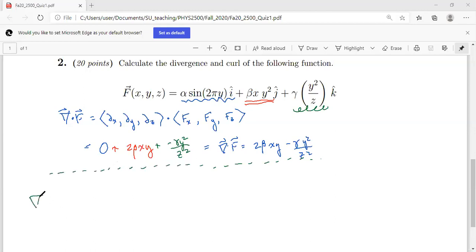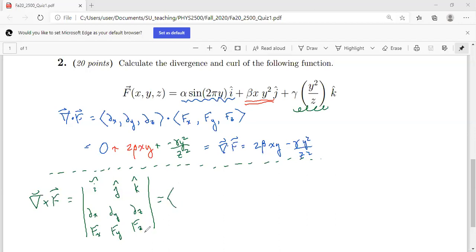Okay, here's the one that I am likely to mess up because there's a lot of signs to keep track of. In Cartesian coordinates, our curl is the determinant of this sort of stuff, d by dx, d by dy, d by dz. Notice I keep saying in Cartesian coordinates because really quickly we're going to, maybe actually by today, realize what a mess these things become in curvilinear coordinates. And I won't give away why that is yet. Okay, so our i hat is partial y of the z component. Oh crap, there is one of those. Yeah,